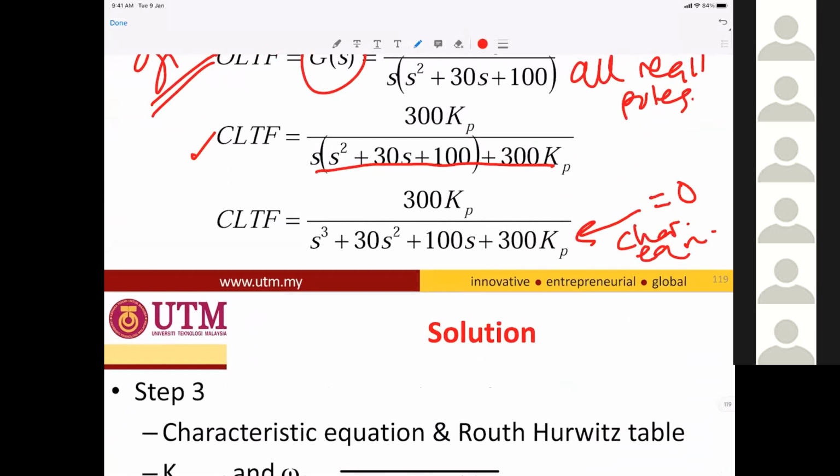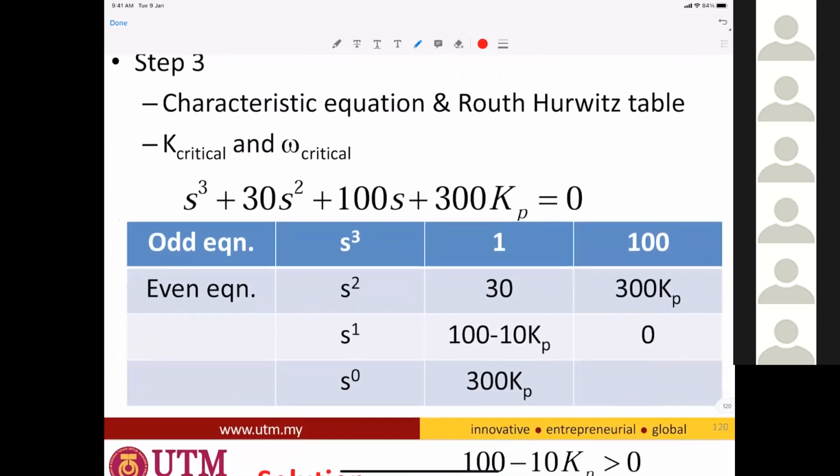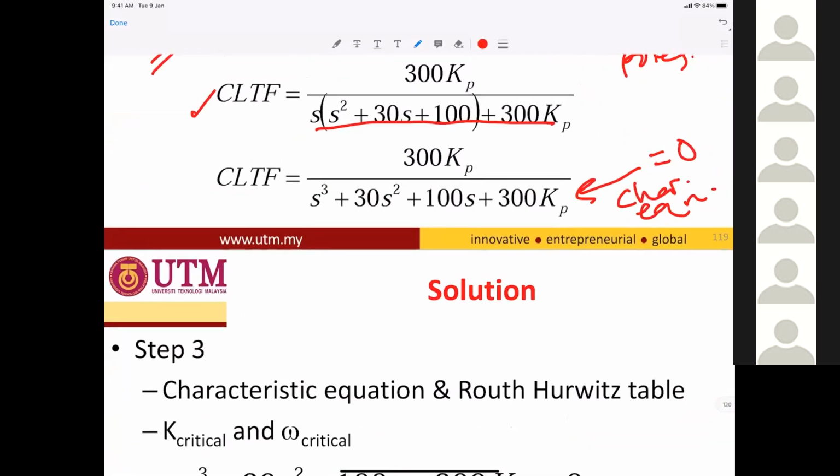Characteristic equation. Then step 3 is from the characteristic equation, we use the coefficient values, which are here 1,